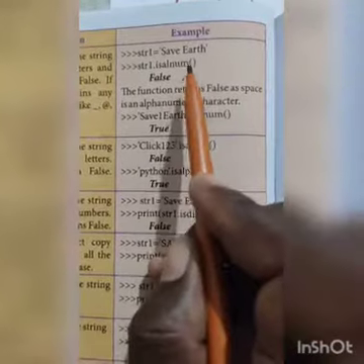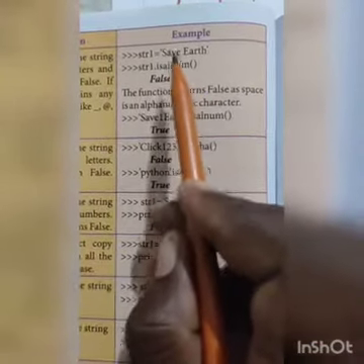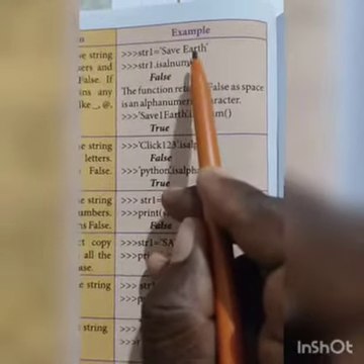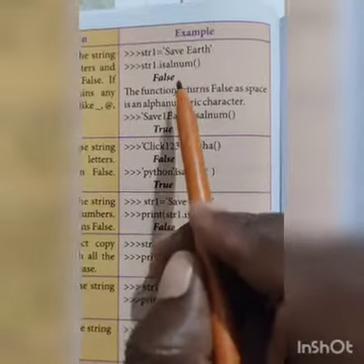Alpha means letters, numeric means numbers. So alpha is there, numeric is not there.